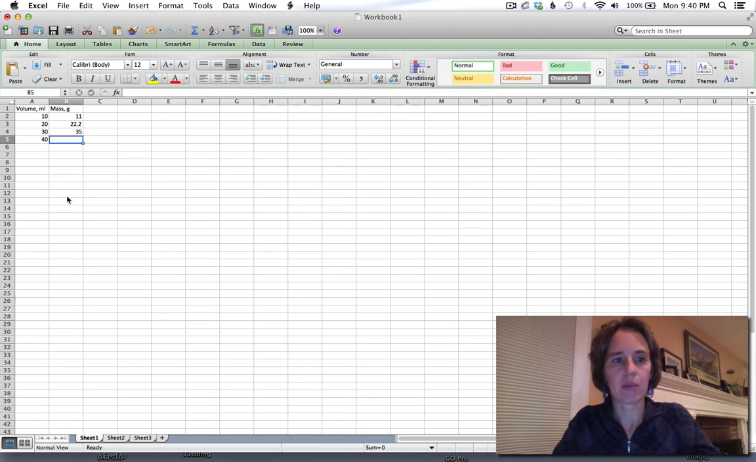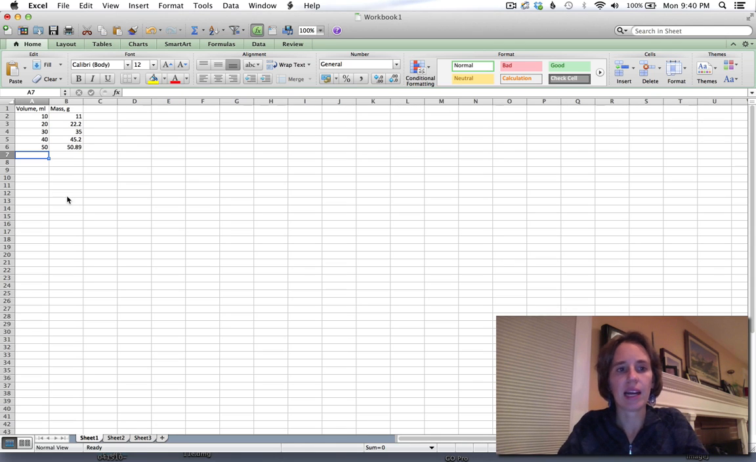My 40 ml sample had a mass of 45.2. And my 50 ml sample had a mass of 57.89. Now, if I use good pipettes and they're accurate to the hundredths place, I can show those significant figures